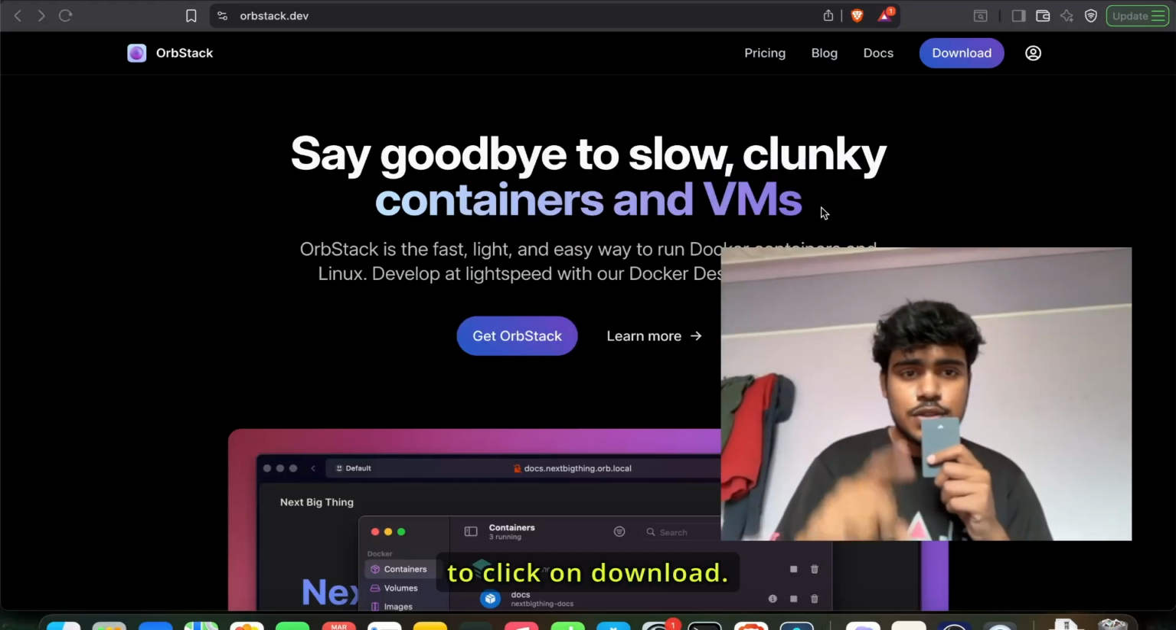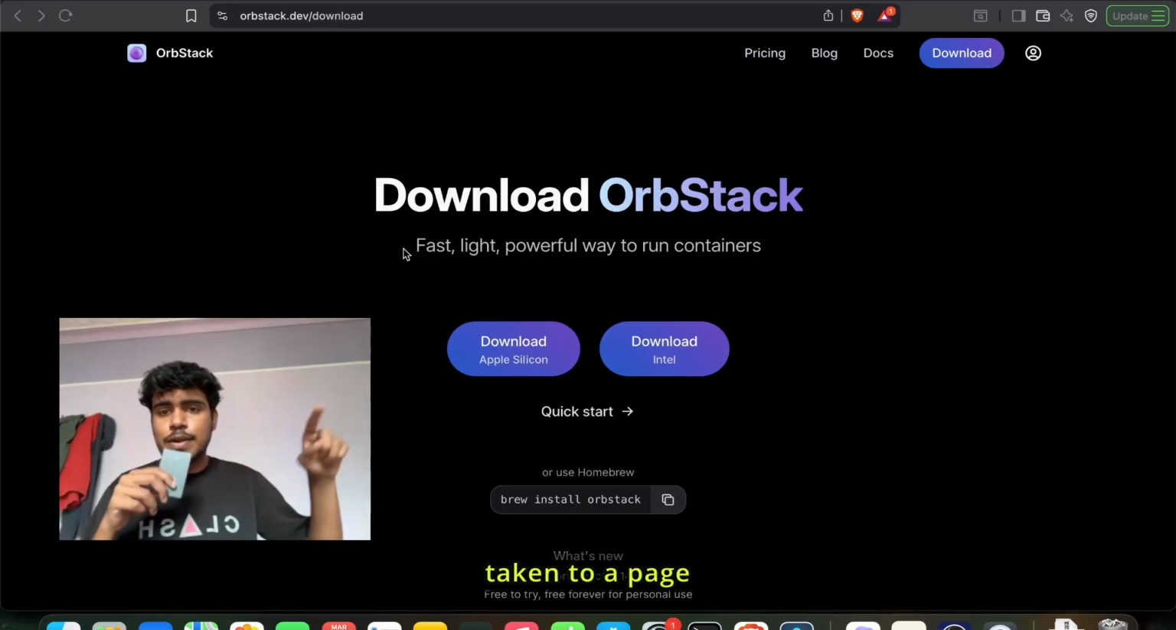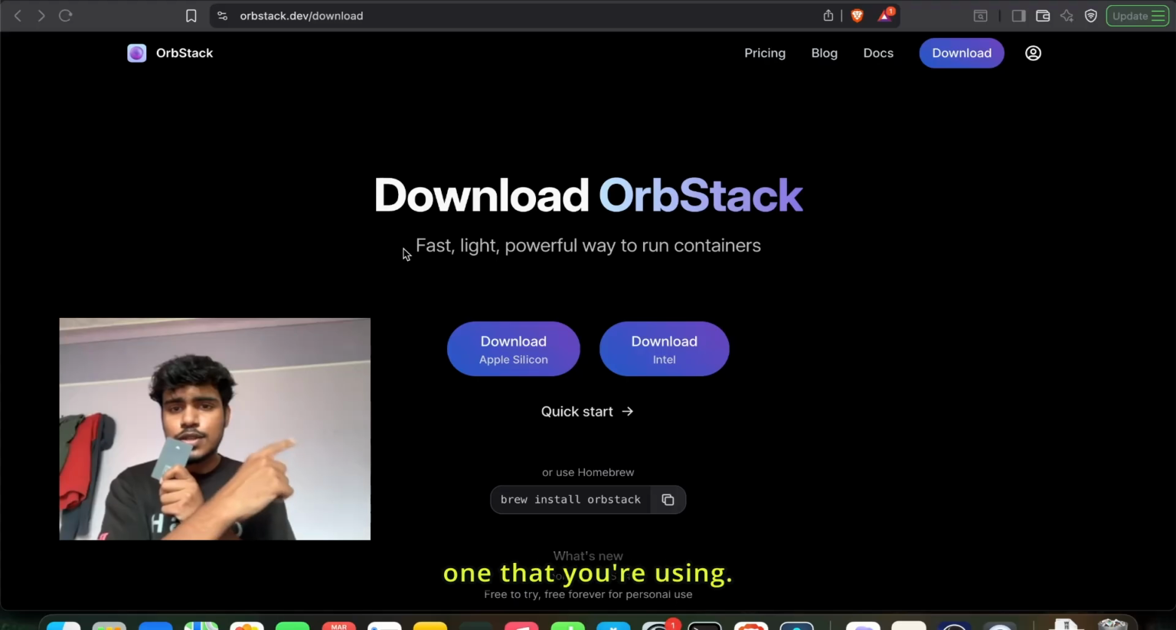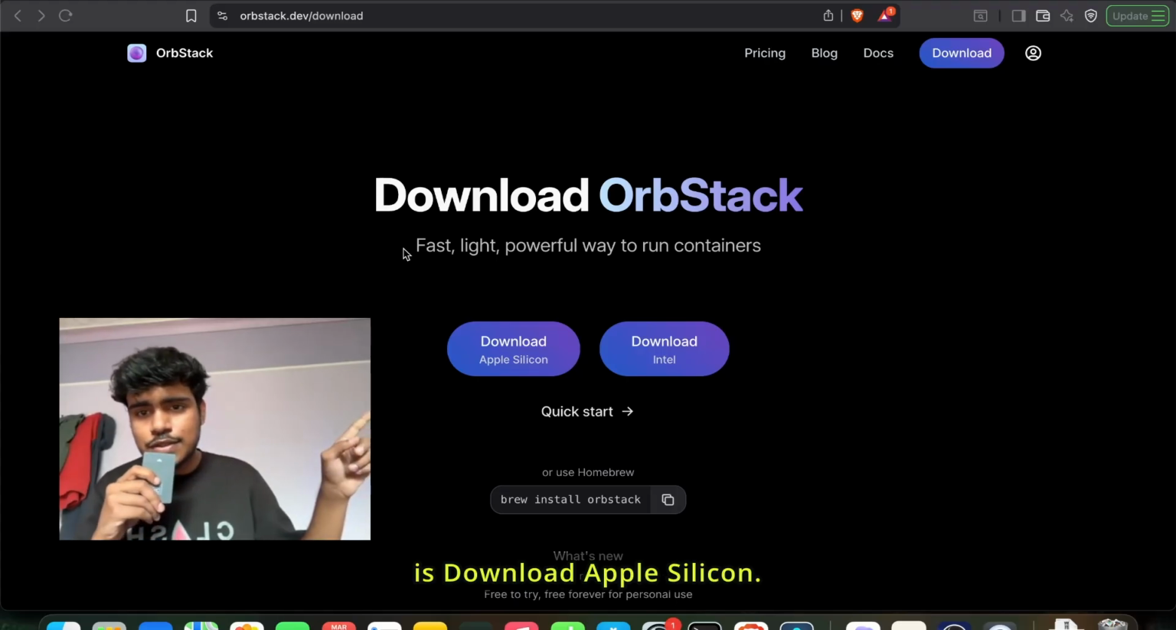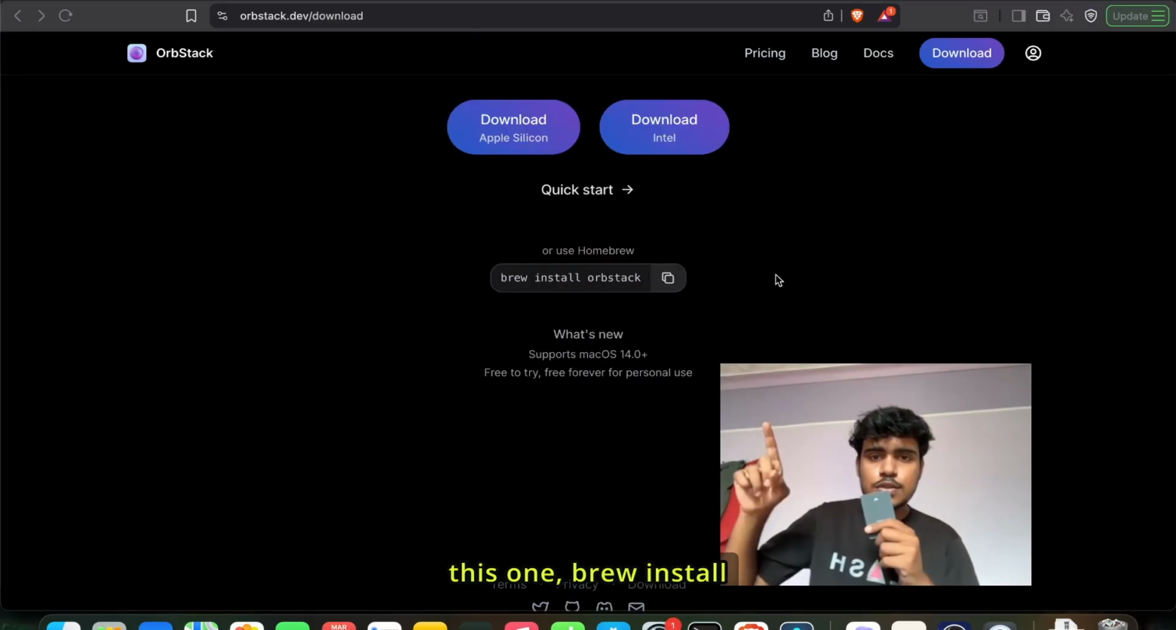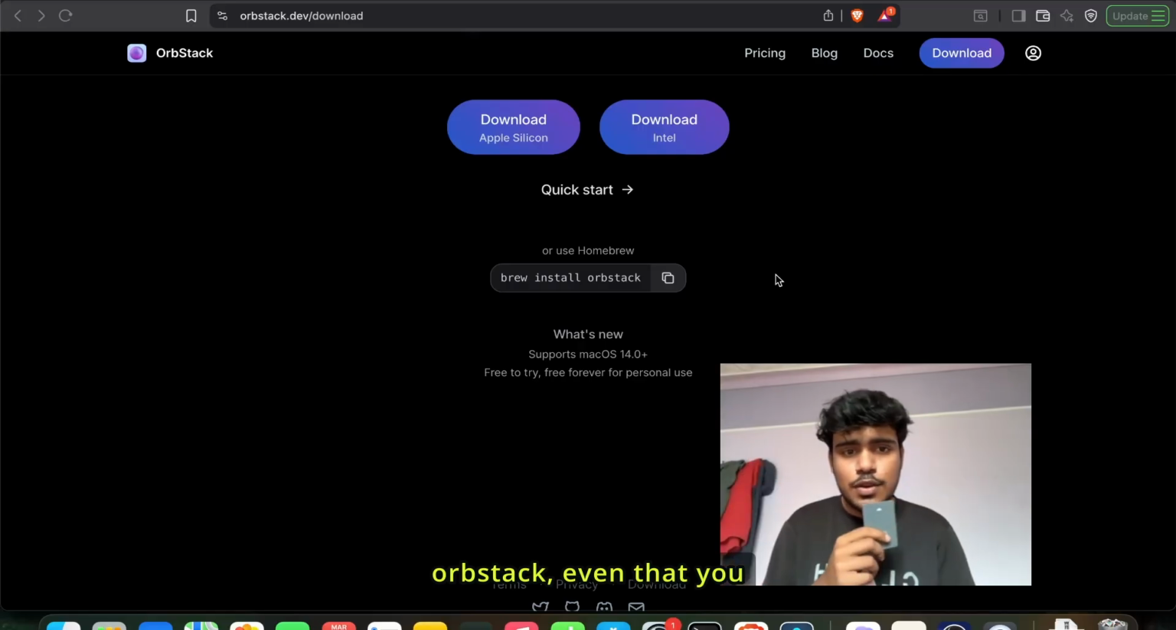So you just need to click on download. Once you click on download, you will be taken to a page like this. And from here, you need to click the one that you're using. In my case, it is Download Apple Silicon. Or when you scroll down, you can run this one, brew install orbstack, if you have brew installed